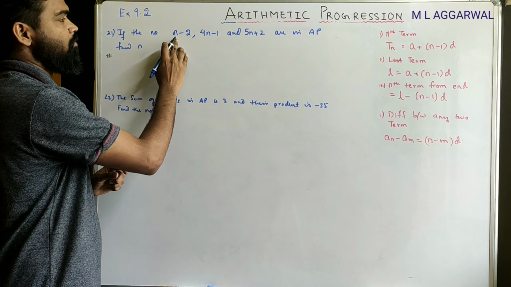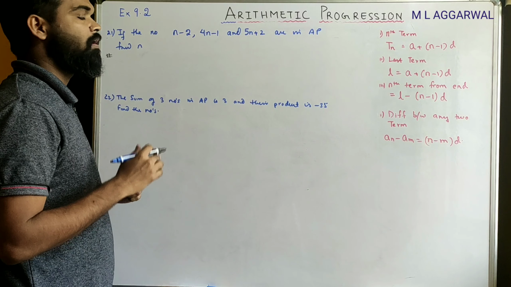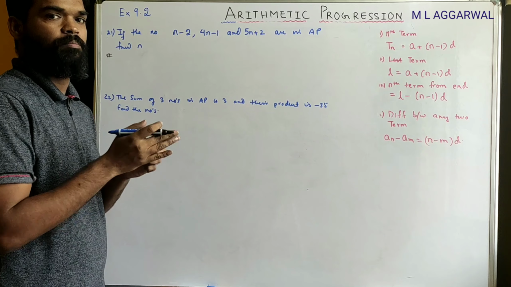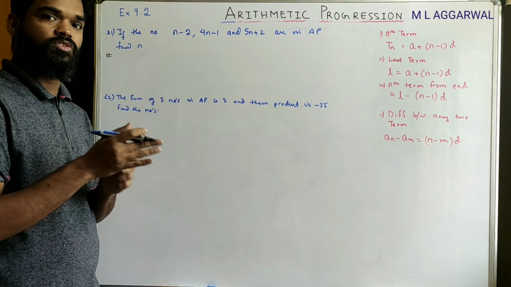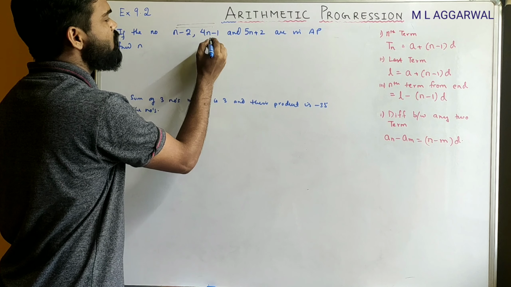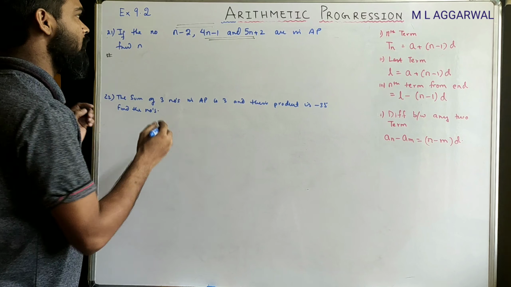If the numbers n minus 2, 4n minus 1 and 5n plus 2 are in AP, find n. We have done it earlier when I was explaining. If A, B, C are in AP, then B minus A equals C minus B. The difference of these two and the difference of these two have to be the same if they are in AP,